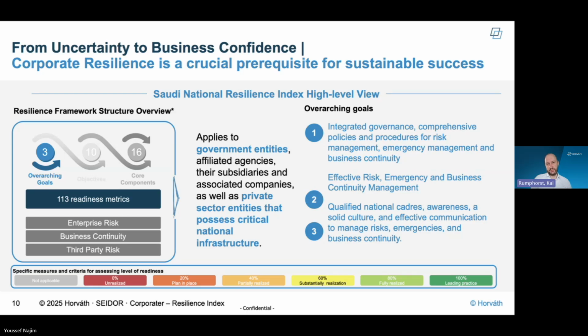This can be achieved by integrating governance, policies, and procedures, for example, but also by focusing on emergency business continuity. So you need to have effective risk, emergency business continuity, and crisis management, so that you can always work well and continue working, even in case something actually stops your process.